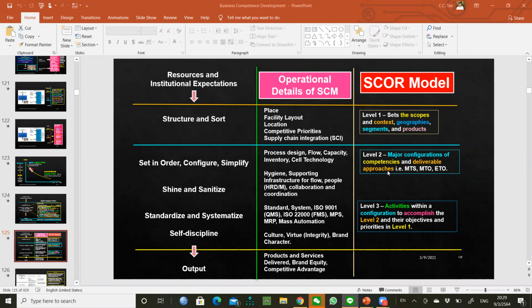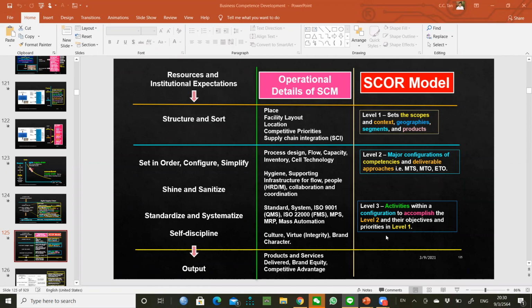And that is really nothing but deliverable competencies, in the sense of how you're going to do it. In a simple operational sense, it would be whether you want to make to stock, make to order, or engineer to order, depending on customization and big projects. Then, once you decide how you're going to do it, you can get into outsourcing or making it by yourselves, or through global collaborations, or maybe international companies setting up, and things like that. All these are level 2. And then from there, you can get into all this detail, right? Work, get it done, right? Get it done. The product realization.